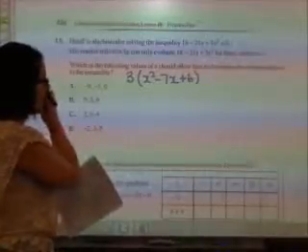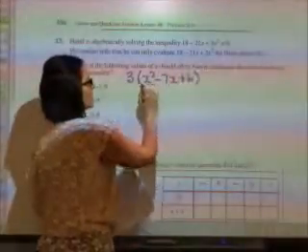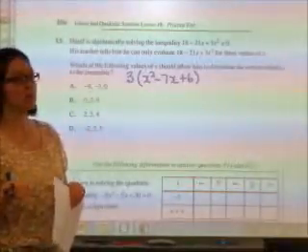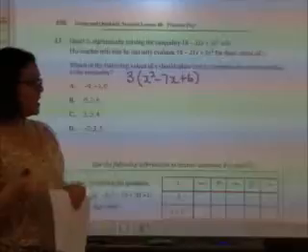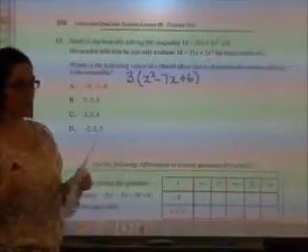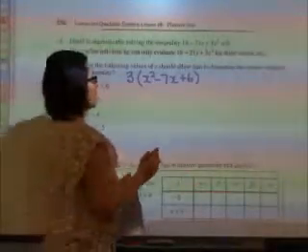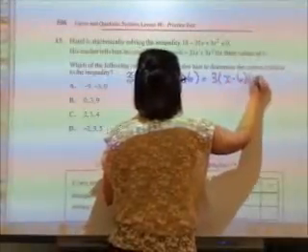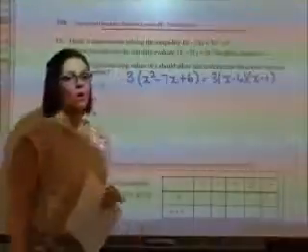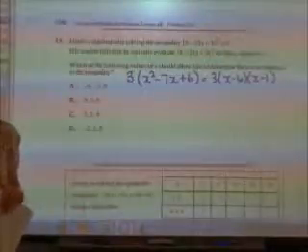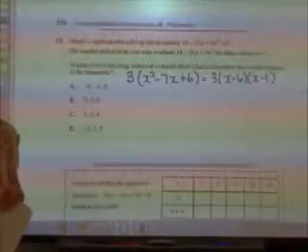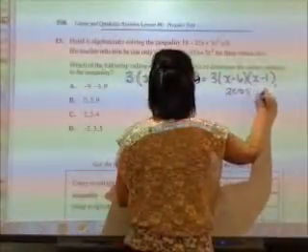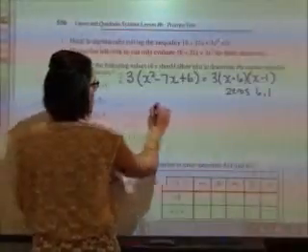And then I would factor this part out. So if I factor this out, I get 2 numbers that are equal to 6 and add to -7. So my 2 numbers would be -6 and -1. So then what are my 2 zeros? 6 and 1. 6 and 1 are my zeros. So then if I think about my chart